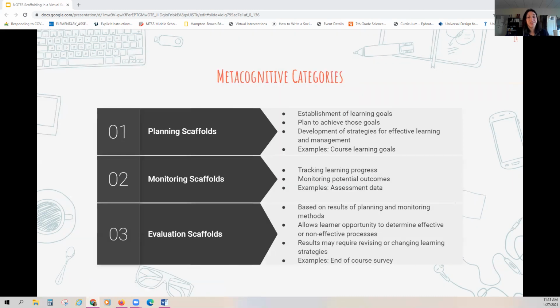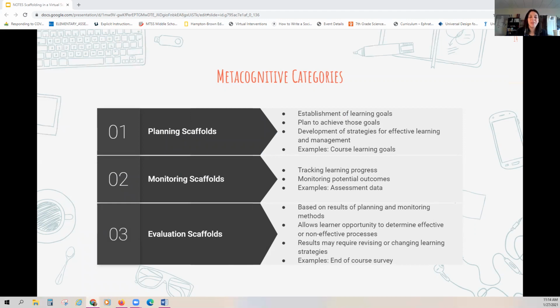Within metacognitive scaffolding, there are 3 categories as well. There's planning, monitoring, and evaluation. Students and teachers engage within each of these together with the hope that towards the end, students will be reaching that independent piece. So with planning, there's the establishment of learning goals, as well as, sorry, my screen's a little